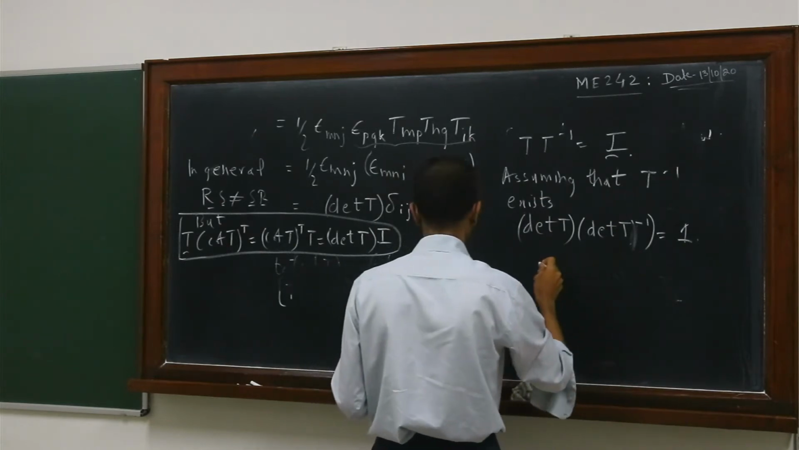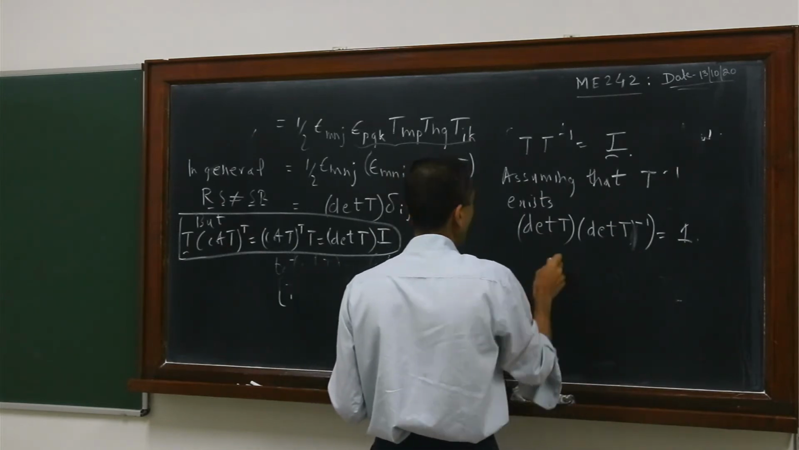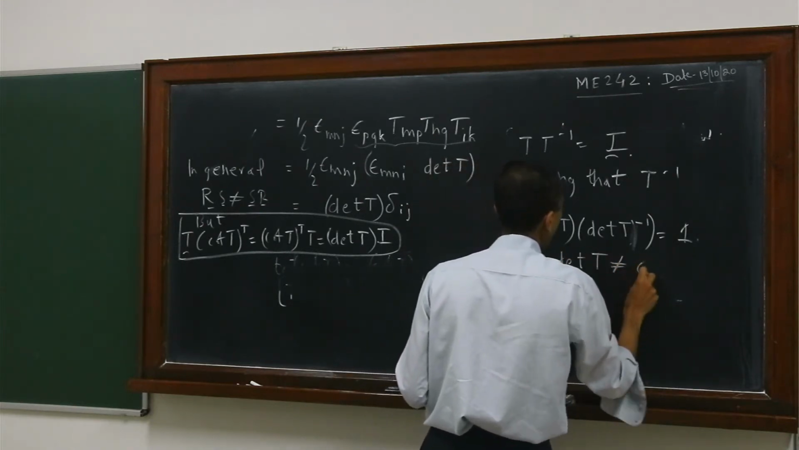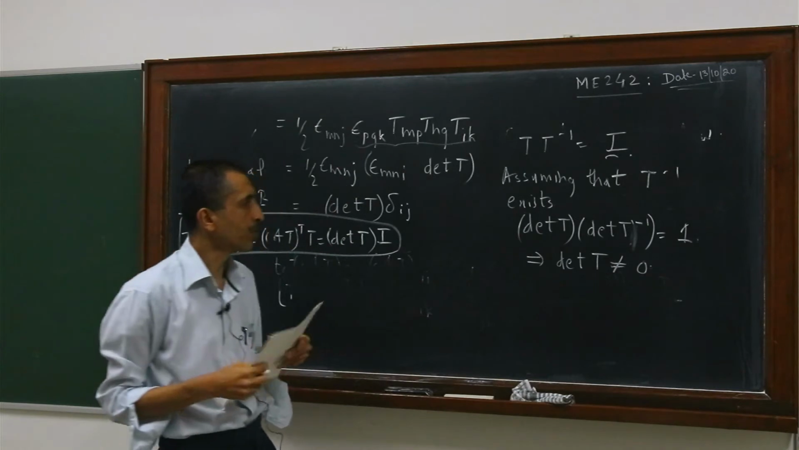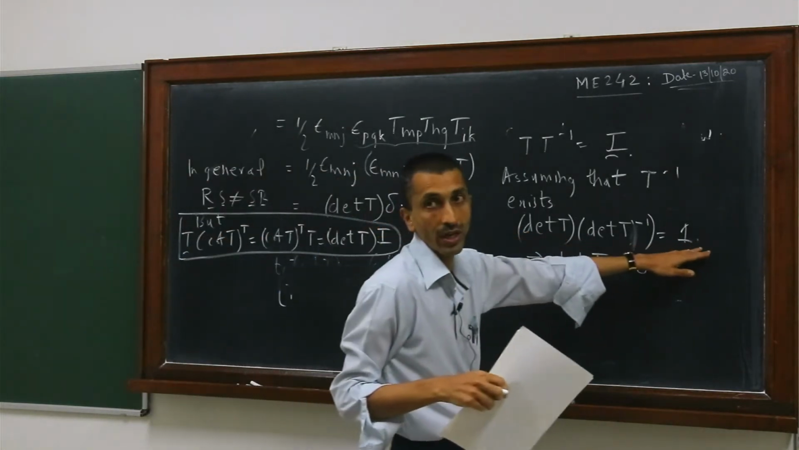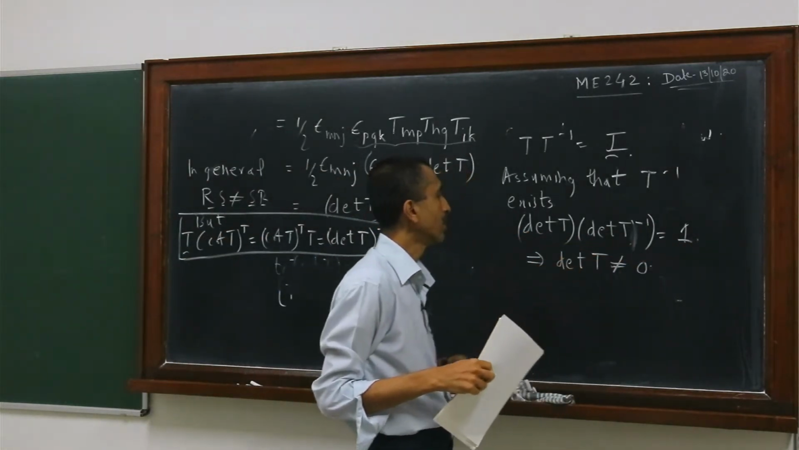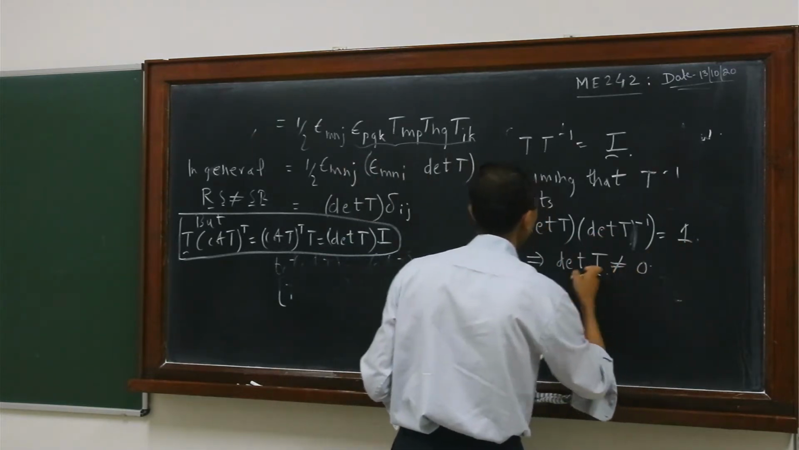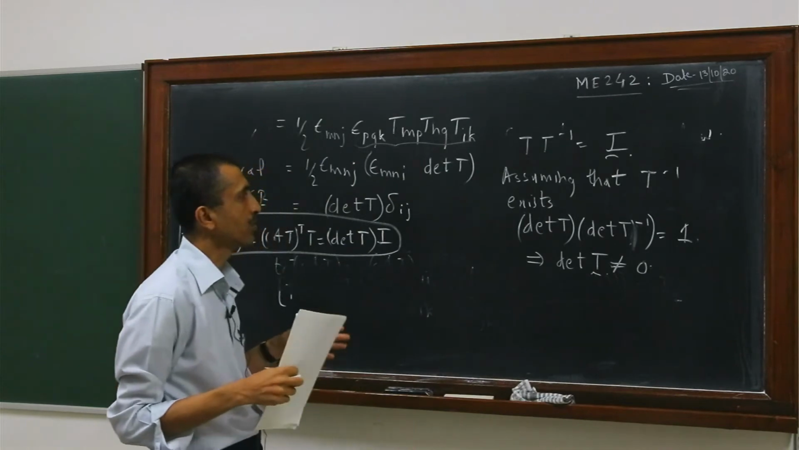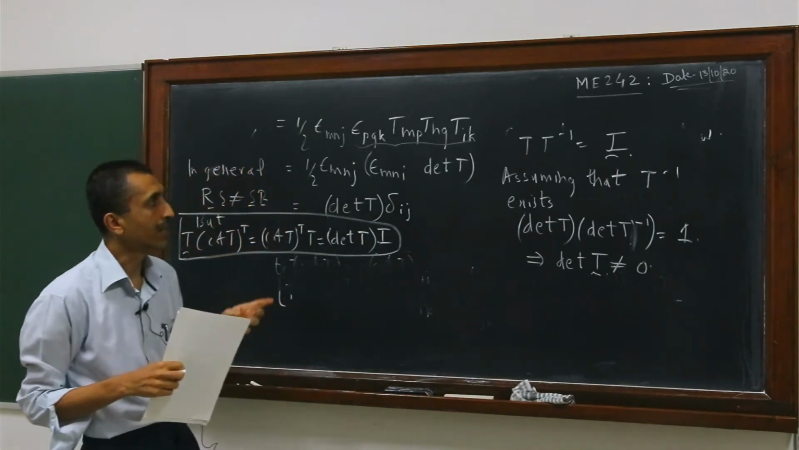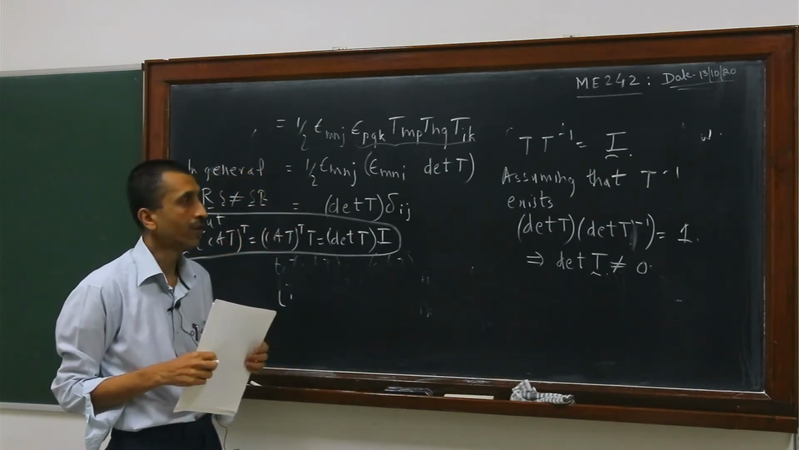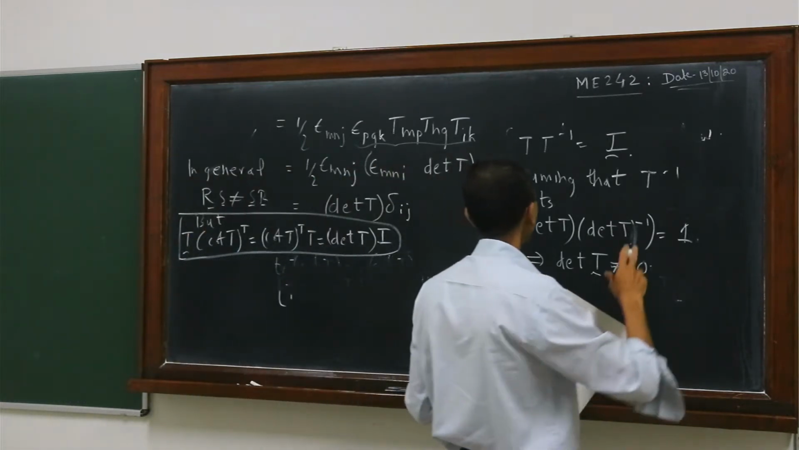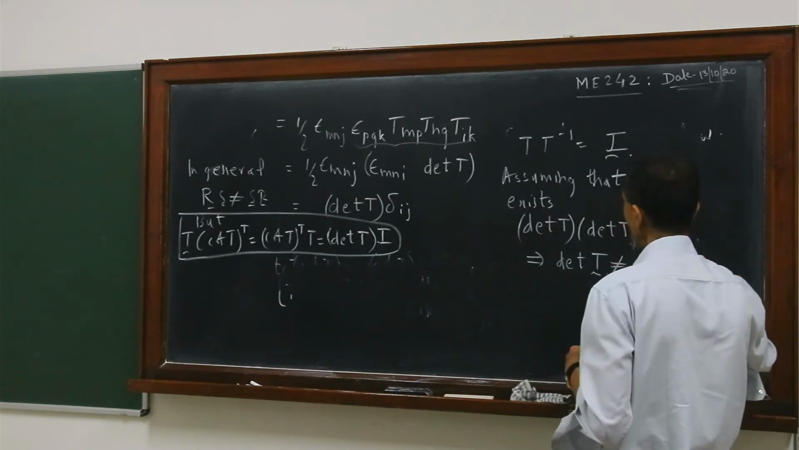So from this, you can see that this implies that determinant of T is not equal to 0. Because suppose if determinant T is 0, then this equality will get violated. So that means, because this product is equal to 1, we get that determinant T is not equal to 0. So what I am trying to show is that T inverse exists if and only if determinant of T is not equal to 0. So here I have shown that if T inverse exists, then determinant T is not equal